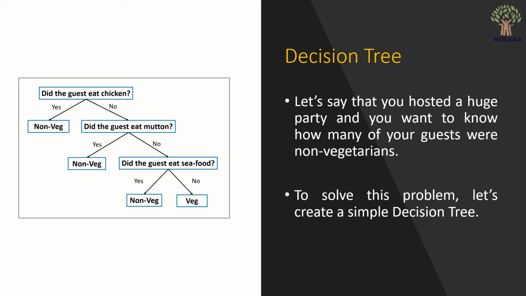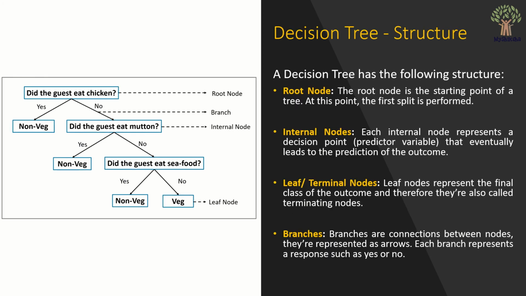I hope you are able to relate it to the information from the previous slides. What you are trying to do is take the bigger problem and break it into smaller parts. Thereby you are traversing through different branches to finally take the call. The last one, the sub branch, gives you the clarity of the solution to the problem that you have, that is, here in this case, how many of your guests were non-vegetarians. When you keep on passing through this, it's easier for you to identify how many guests are vegetarians.